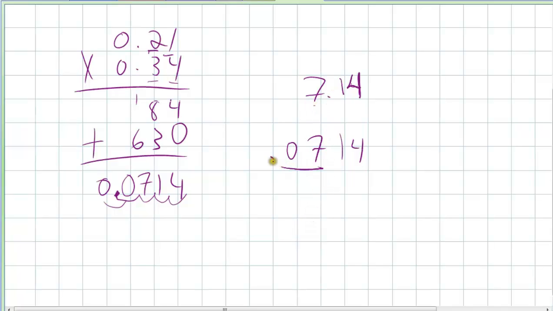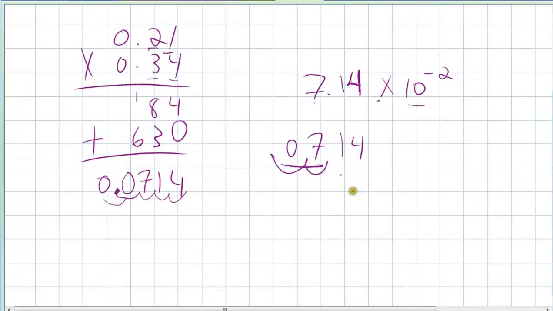What's the decimal place moved 2 places, okay? So to make these numbers the same, I have to say times 10 to the negative 2, okay? This and this are the same thing now that I've added this, because there's a difference of the 2 decimal places here. And eventually it'll become more intuitive to you. If you get some practice with this, you'll be able to look at it and, like I said earlier,